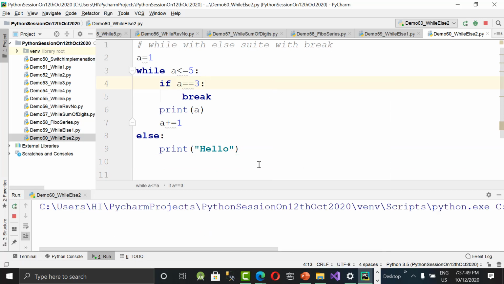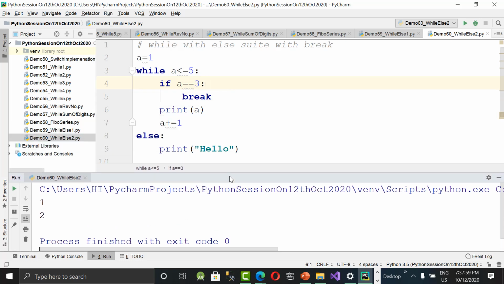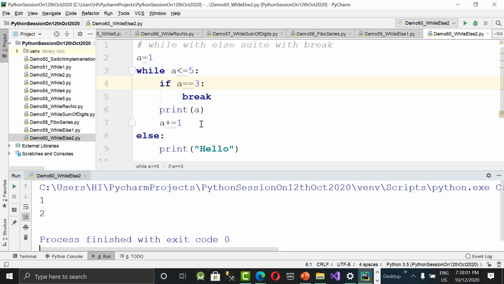So how do you know that while is successfully executed? If the else part is printed, it means successfully executed. If there is a problem or I stopped in the middle of execution, then else won't be printed. But if you write something outside this, irrespective of the while status, this will be printed. So that is the difference between writing messages inside the else part and outside.